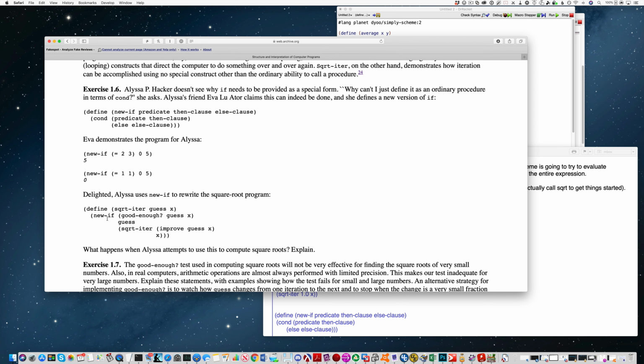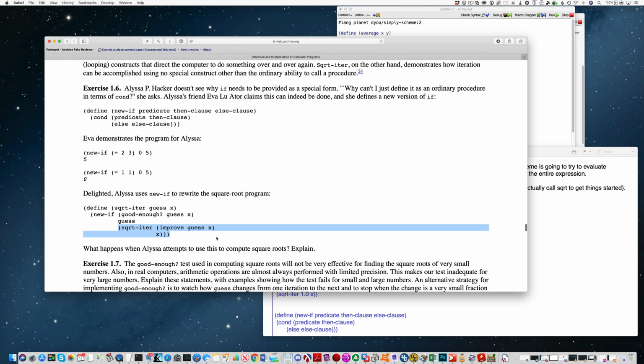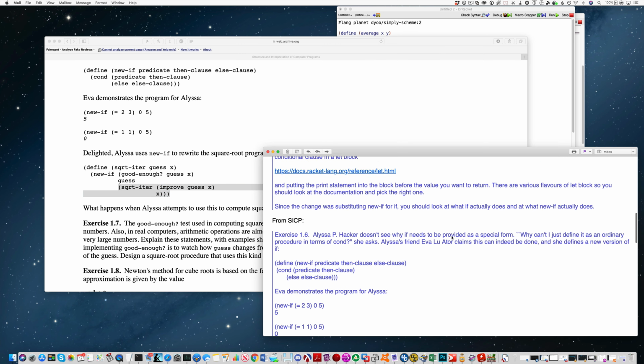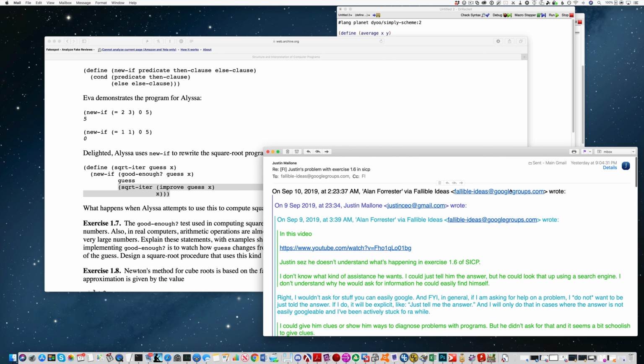But if you try to define your own if, it's not going to be a special form. And so it's going to apply the normal evaluation rules, the applicative order evaluation. And when it does that, this is going to lead to an infinite regress. And I explain that in detail in my post